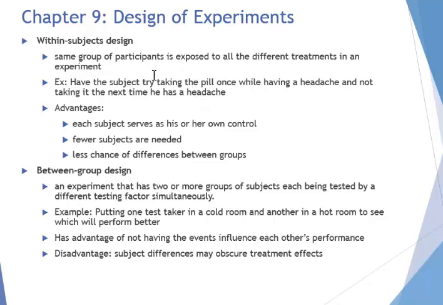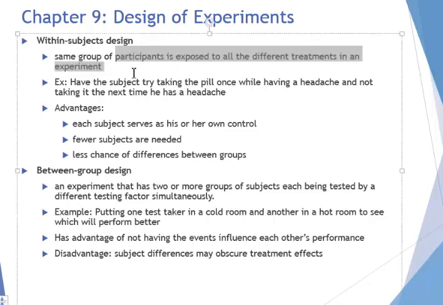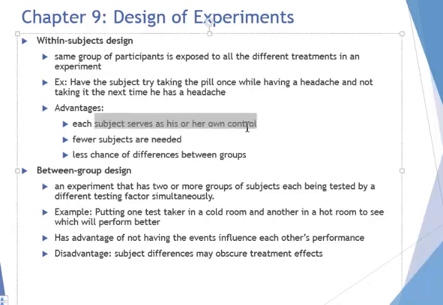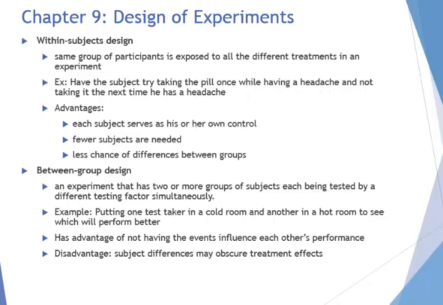You could have a within subject design, which means you're testing people against themselves. It's the same group of participants exposed to all different treatments in an experiment. You can have the subject try taking a pill once when having a headache and try not taking it a different time the person has a headache. I've got a headache, I take it. The next day I have a headache, I don't take it. Essentially, I'm serving as my own control. Each subject, you're using the not taking episode as the control, and the taking the pill episode as the